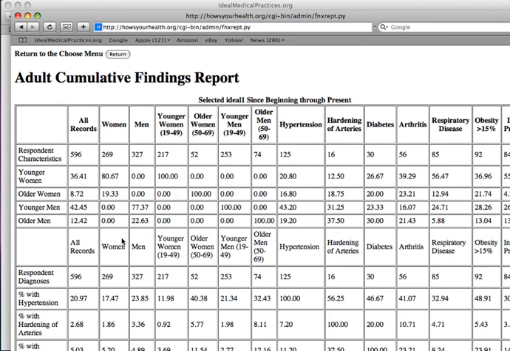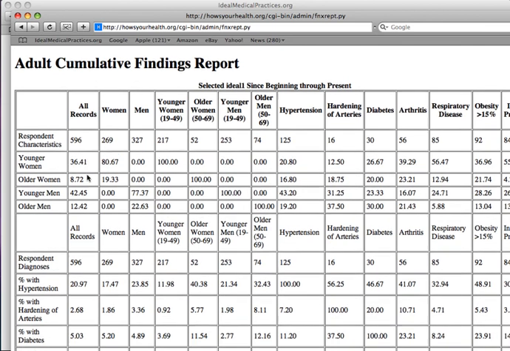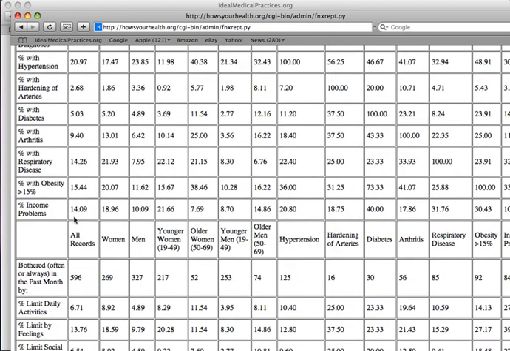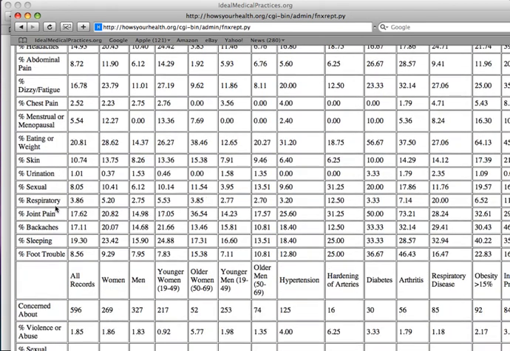It's a big table, so take some time just to look on the left-hand side for now. We can talk about more later. You'll see practice demographics up here on the left, total number of patients who've gone through and taken How's Your Health ever in this case, percent of respondents with various diagnoses, having income problems, bothered by symptoms, and way down